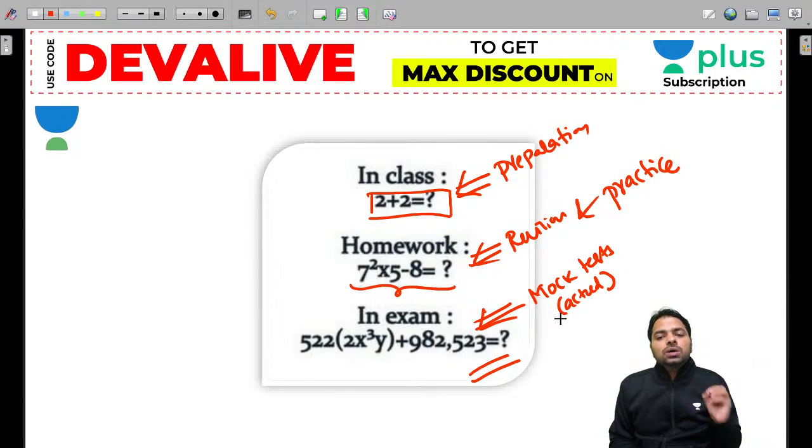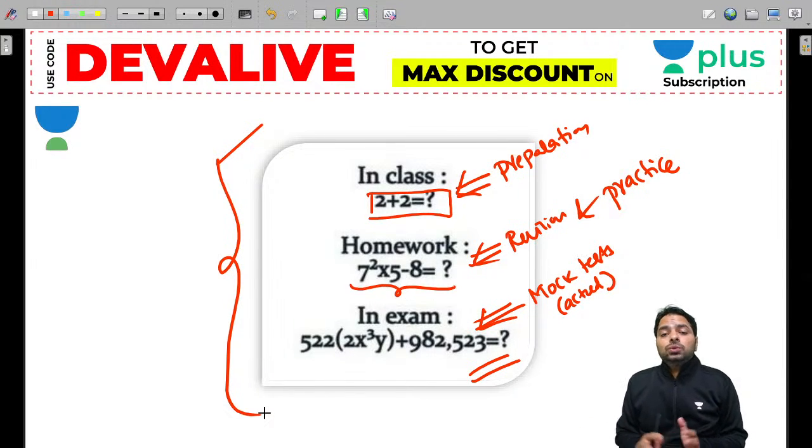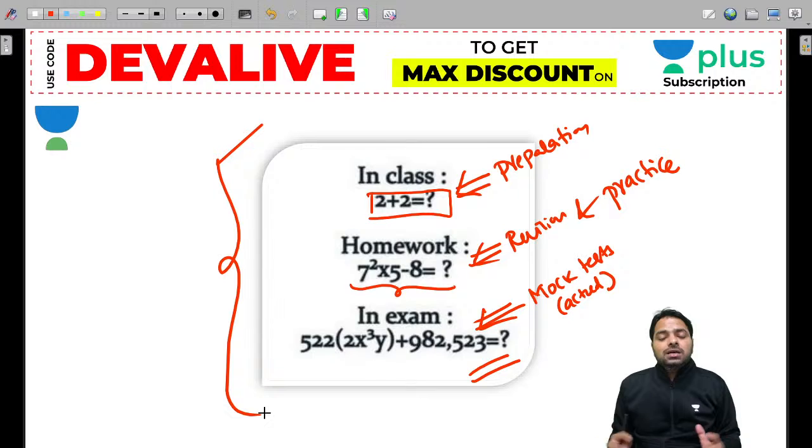So all these things you are going to face in your preparation, guys. So how can you save your time? Because you should be aware of all such facts. If 2 plus 2 comes in the exam, you are happy, right? But if it comes in the exam too lengthy, you must be ready for that, how to save your time. Okay, this is what is going to happen in your exam.